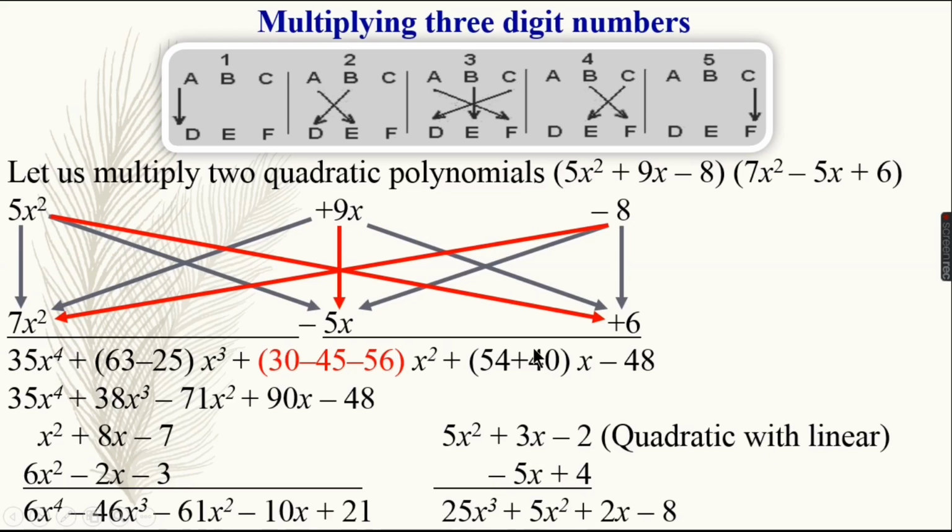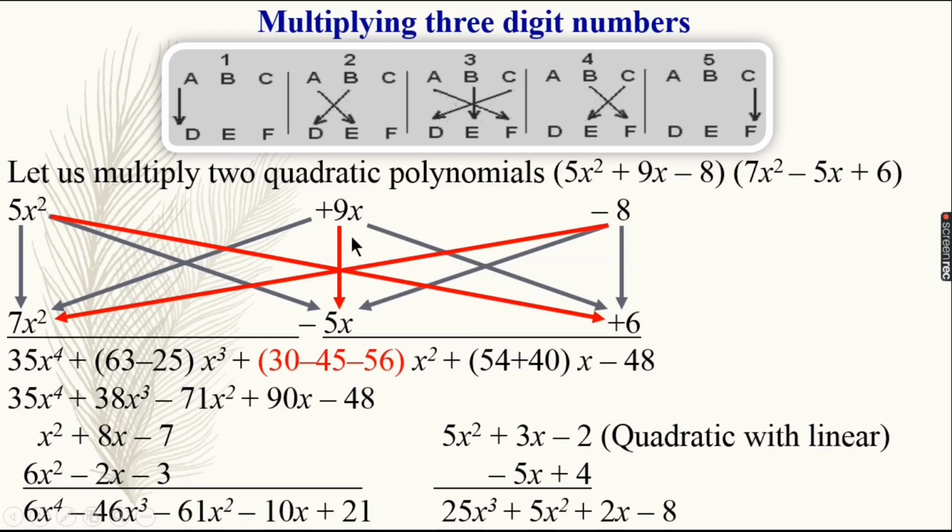So 5 into 6 is 30 plus 7 into 8 is 56, and there is plus minus minus, so it's minus 56, and the middle value, which is vertically multiplied, 9 into 5 is 45, and plus minus minus, so 30 minus 45 minus 56, and this is giving vertically x square, and this is also giving us x square values, so they are added or subtracted, and then we cross multiply these two values, and we get 54 and